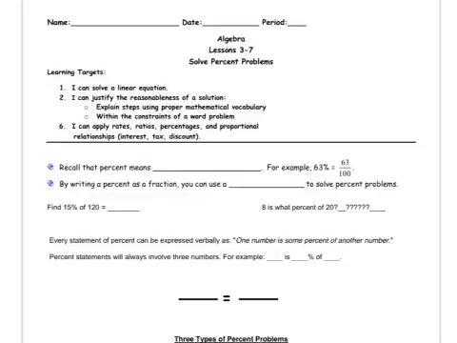Alright, so this is Unit 2, Lesson 3.7. Mostly here we're going to be applying this last target here, so I can apply rates, ratios, percentage, and proportions. Okay, so recall that percent means a part